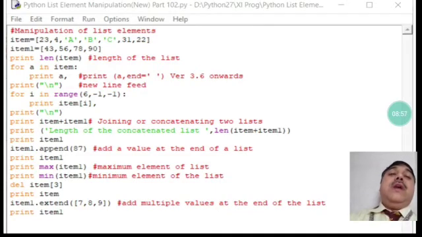So I am joining both sets and printing. Then I am taking the length of the concatenated list, item plus item. Similarly I have printed those things, then I have appended. Append means I have inserted a value again, and after inserting the value, it is printed again.